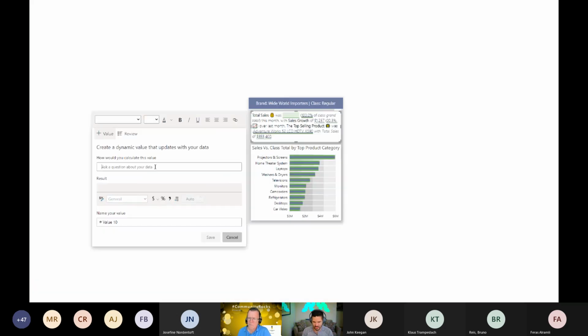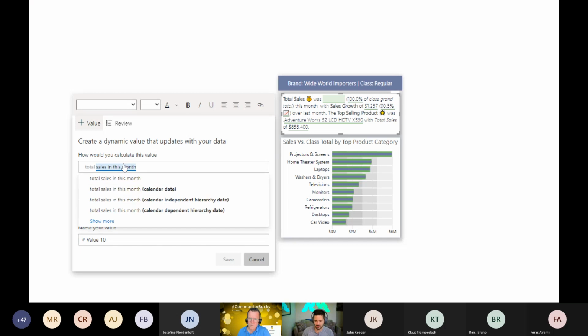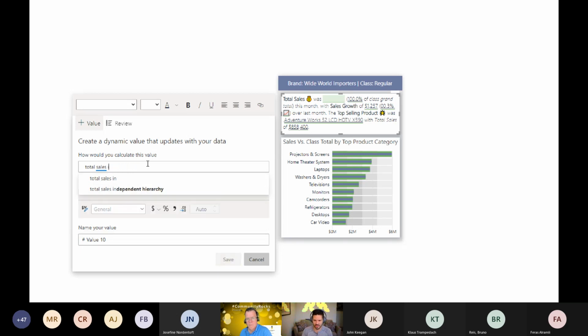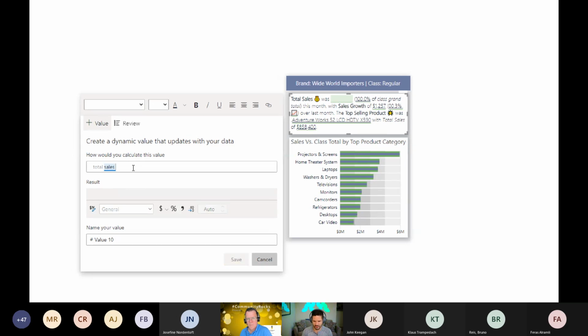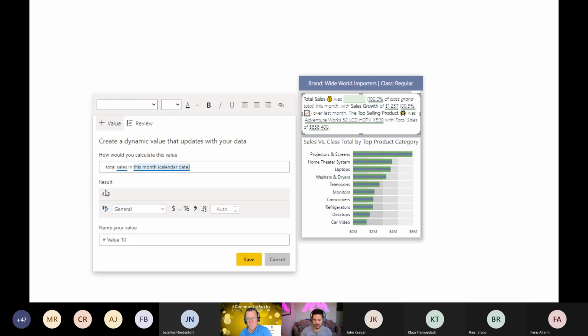So if I was to look for total sales, there we go, and it starts to pop up values, but in this month. If I do that, it actually will take my total sales measure and then apply, based on my calendar date for my calendar table, a filter on top of it. So I can even show you this in process. If I just do total sales for now, there we go. There's a value that returns down here. Total sales this month, just like that one, you'll notice that the value now changes. So it gets smaller, and you can see that filters are being applied to it. So it's not creating a measure in your model, but it is allowing you to build it out this way.